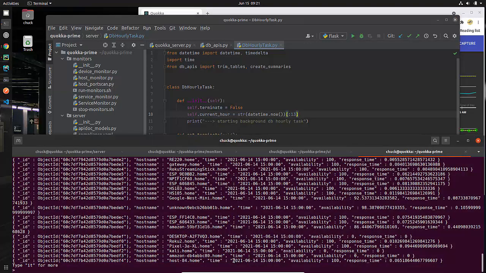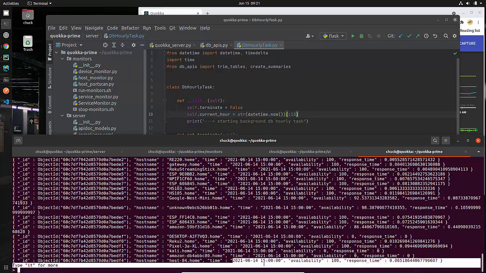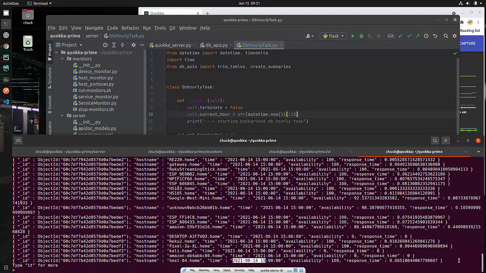As long as I have something handy here, I can tell you the first 13 characters is going to be that thing right there. It's the year, the month, the day of the month, and the hour, and the hour is in 24-hour format. This allows me to do handy searches in the database and to only look for things that match the current hour. I don't care about the minutes or about the seconds. I can just deal with this portion of it, and it allows me to use simpler Python data structures and constructs.